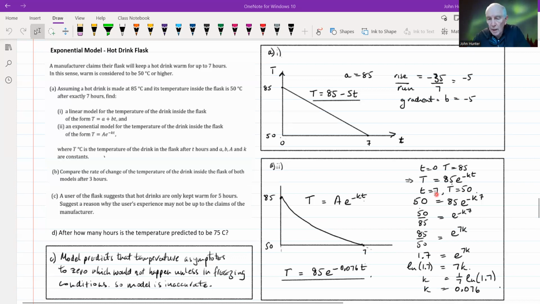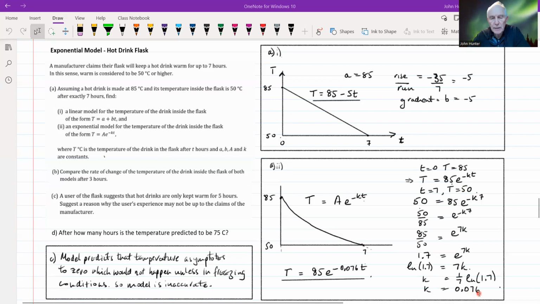And then if we apply the second condition into our revised equation, T equals 85 e to the power minus kt, we can resolve for k. Without reading through those steps, you can pause and satisfy yourself that that's going to work out to give us k is equal to